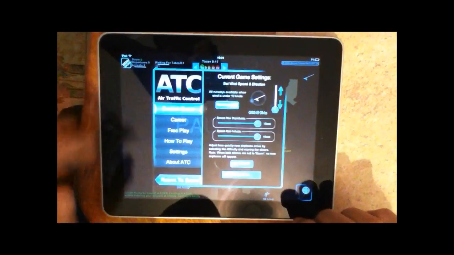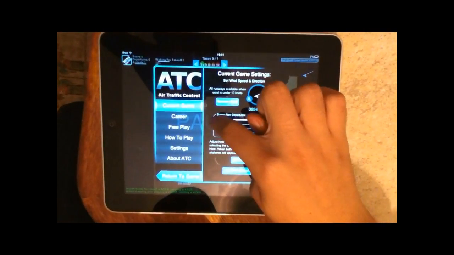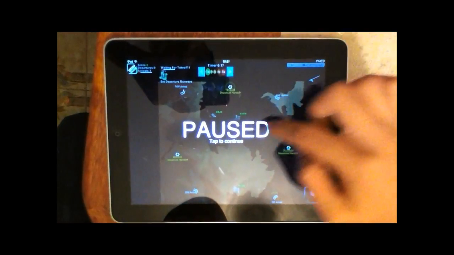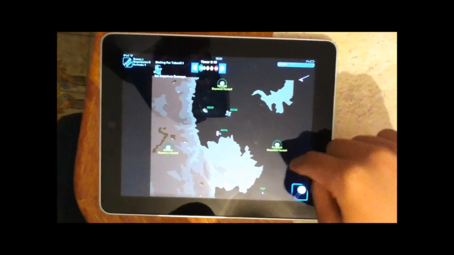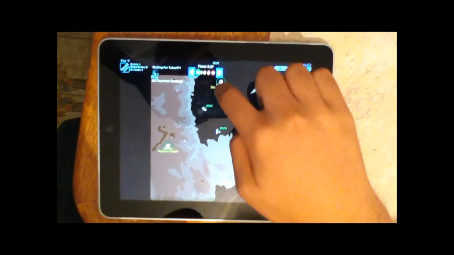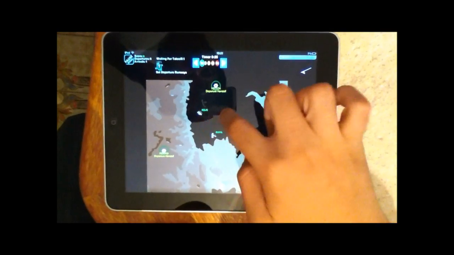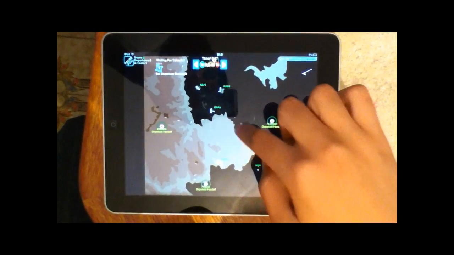Now that I have a few airplanes on my map, I'm gonna make this never spawn an airplane, and I'm gonna return to the game. Then we have 4 departure handoffs. This is where planes leave the map, down here. Then we have 4 different airports, and